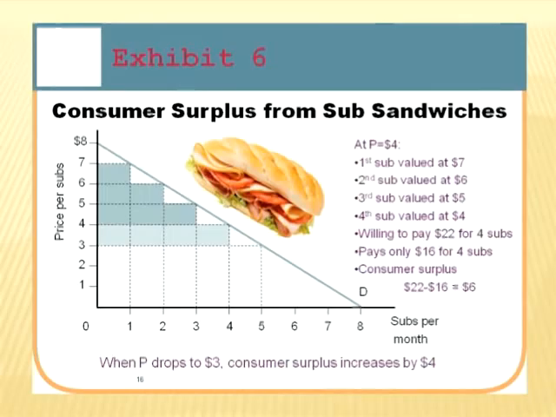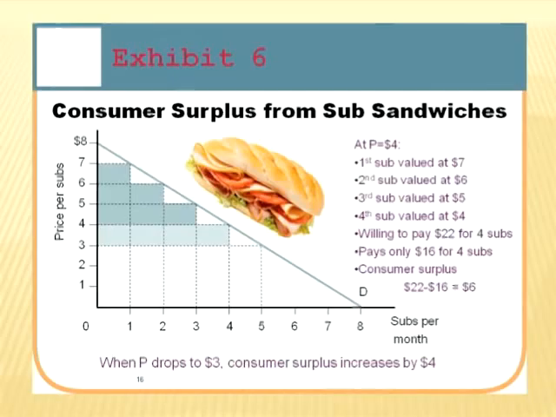On number 3, we would have been willing to pay $5 for it, but we only had to pay $4 for it, so the result of that was we got $1 worth. So if you add up this entire triangle, that is from the price across to the demand curve and up to here, this triangle, this is known as consumer surplus. It's additional extra satisfaction that we get as a result of only having to pay a set price for these.